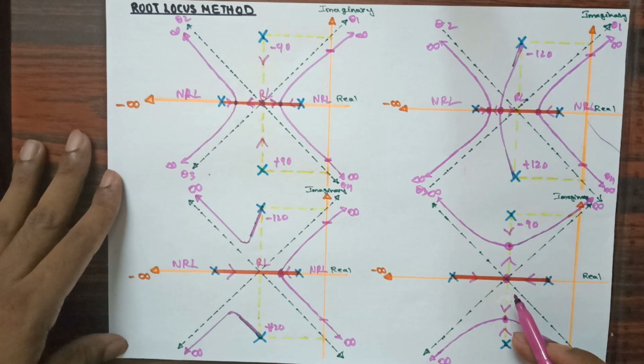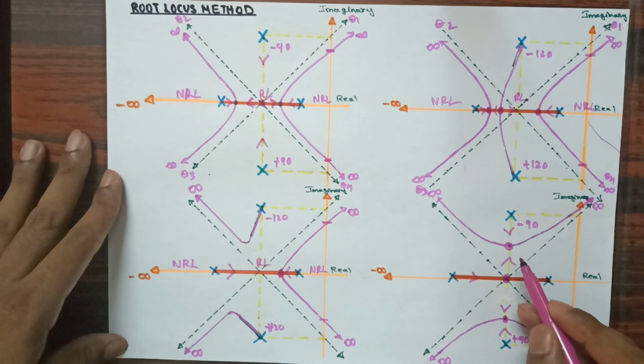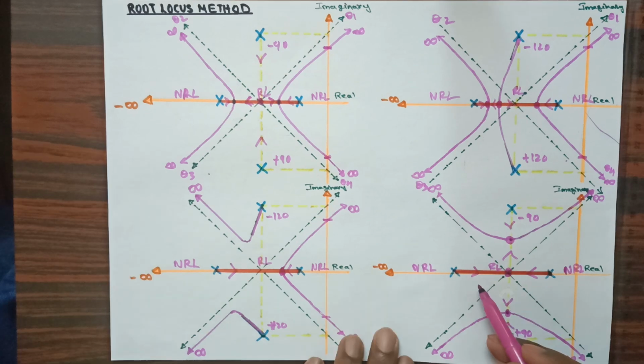If you are getting a real value, then the poles are going to meet at the real axis. If you are going to get the complex breakaway point, then the poles are going to meet at the complex value. So in this you can see that now I have provided one real breakaway point at this point. When I apply the input k equal to 0 to infinity, this pole will start to move in this direction, this pole will start to move in this direction, and they are going to meet at this point.